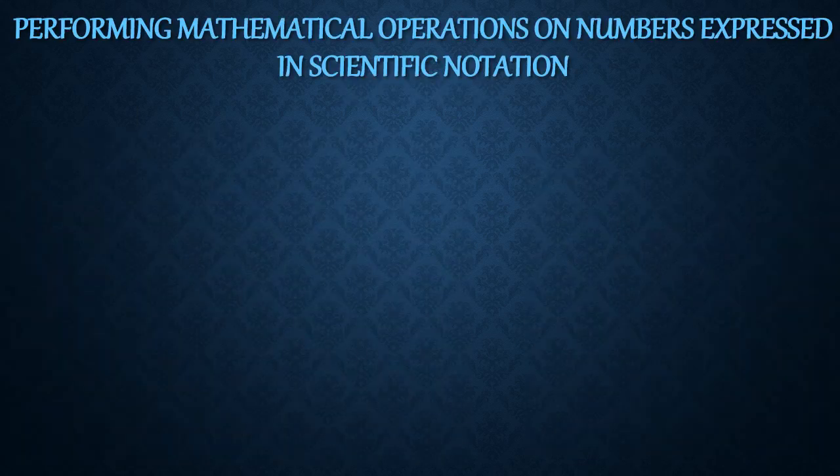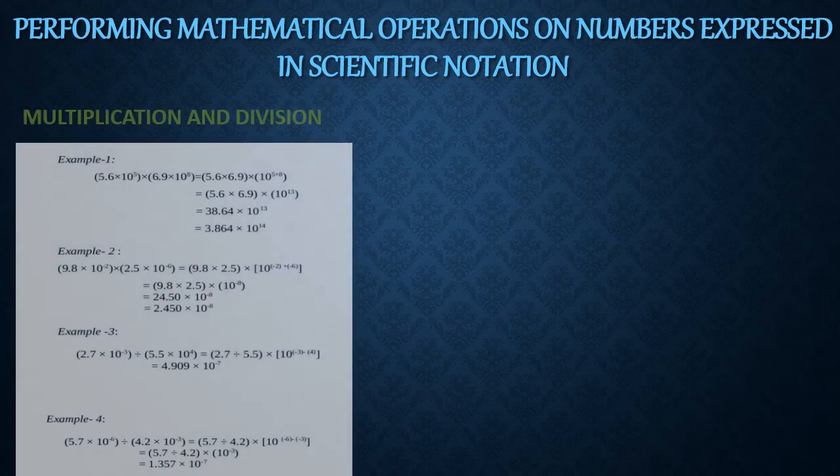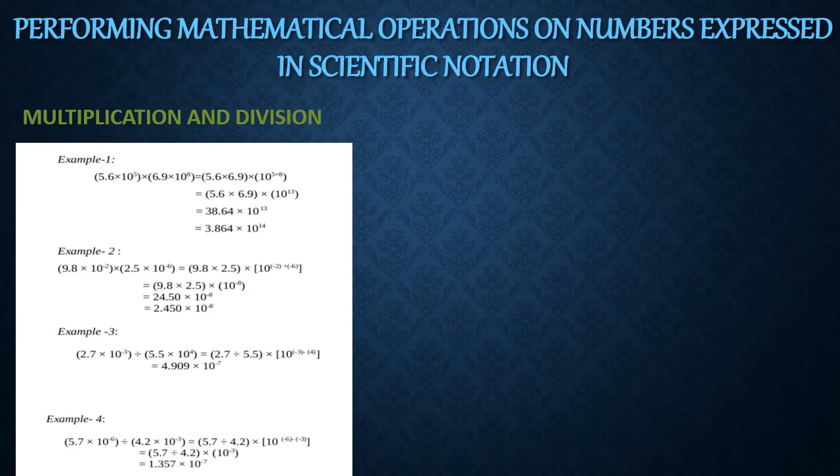Now we'll go to some mathematical operations using the scientific notation. If it is not given in the scientific notation, we have to make it. If it is given in the scientific notation, first we'll calculate. If it comes automatically in the scientific notation, fine, otherwise we have to express it in the scientific notation. This example, I think, we have not discussed in the previous topic.